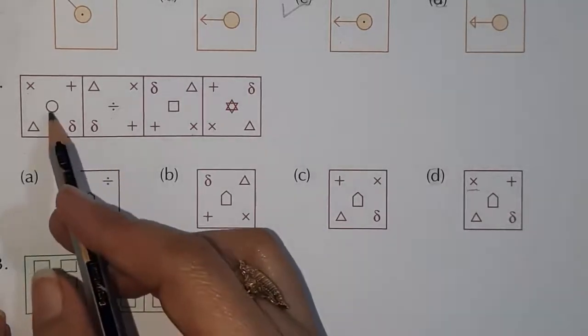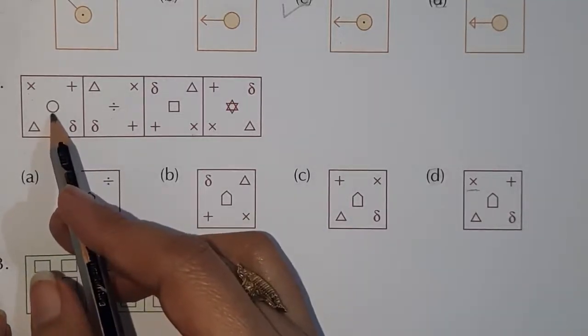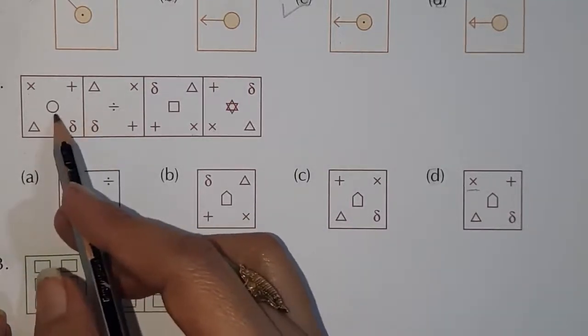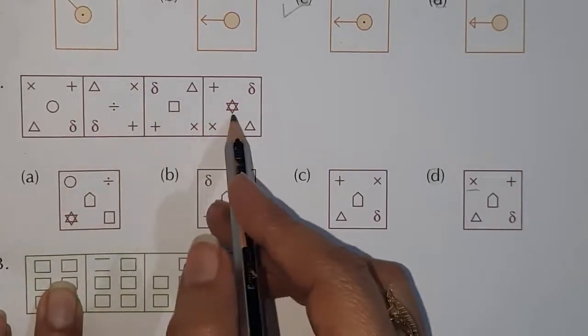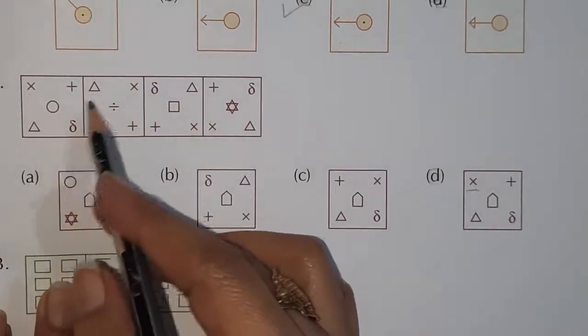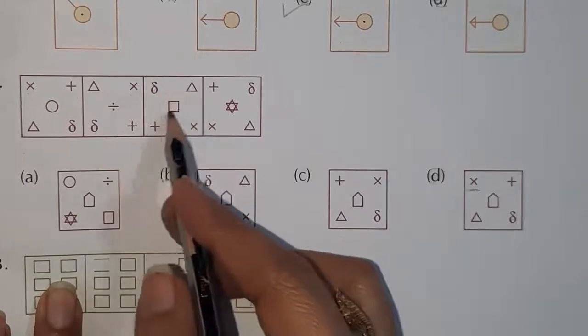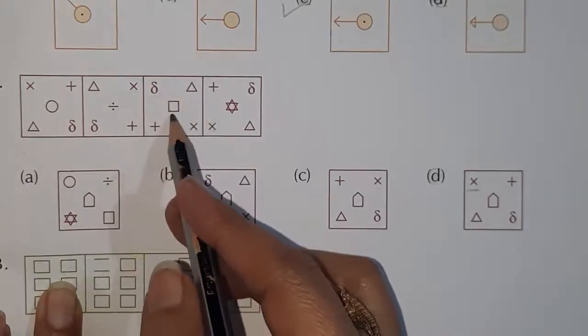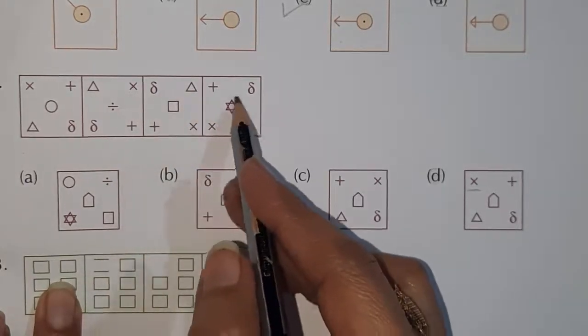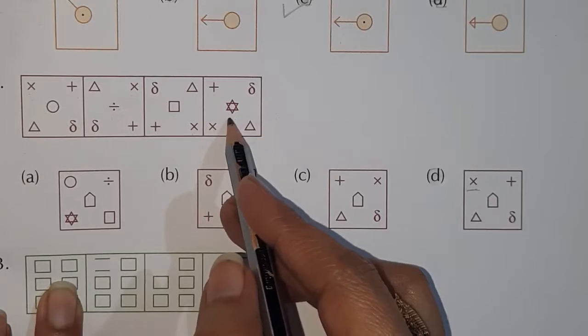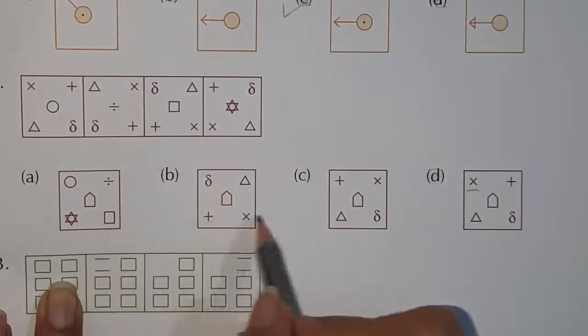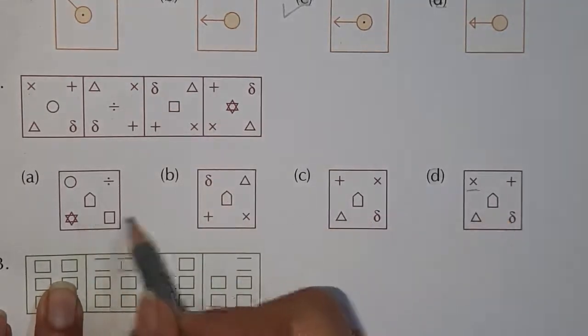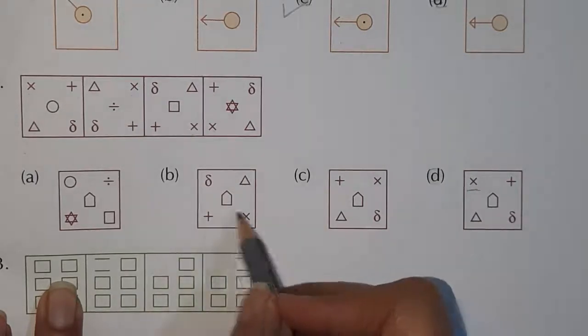Okay, and in the center the figure is not repeated at all. Circle, division, then here this square, then one more new type of figure is there. So check the new figure. Yes, all are containing a pentagon having 5 sides. Okay,